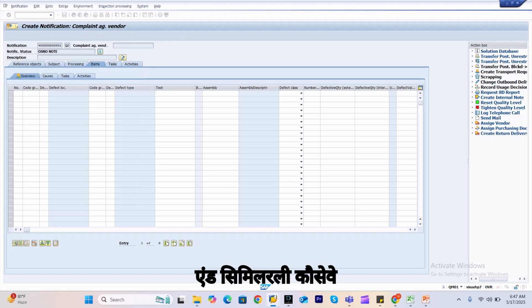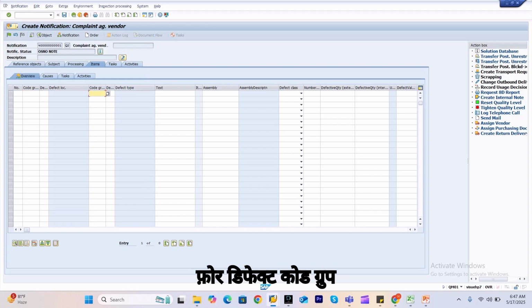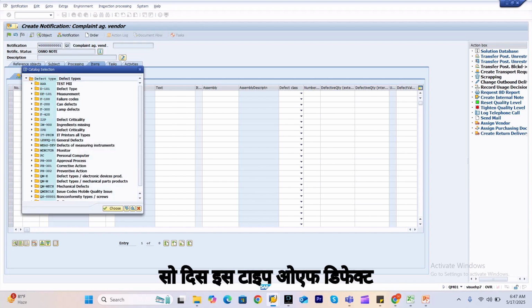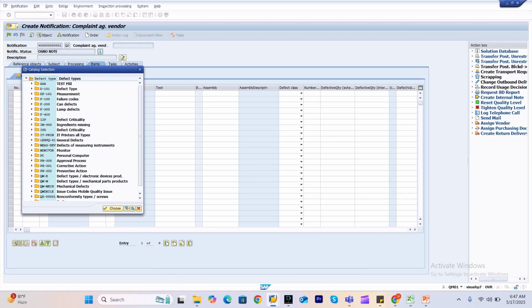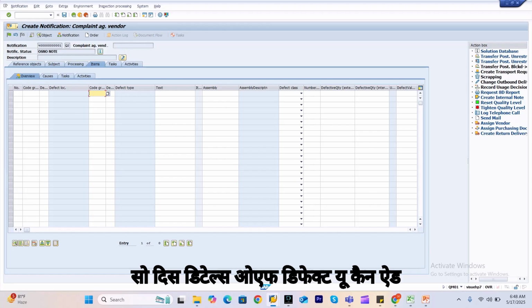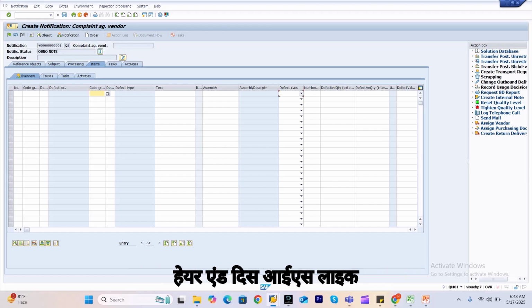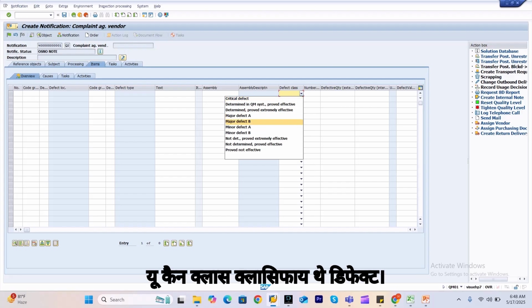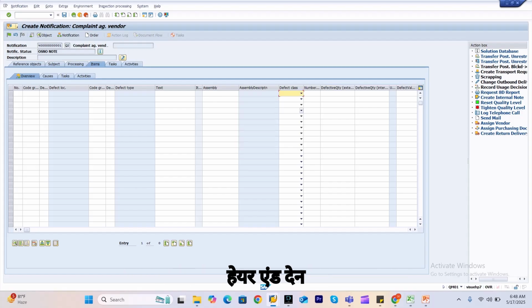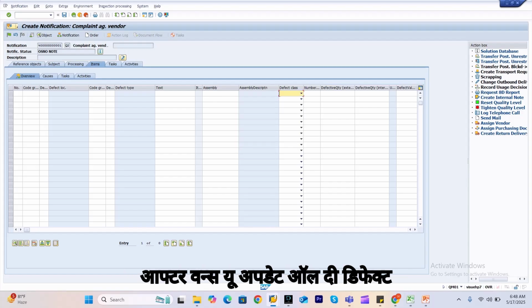And similarly, cause for defect, code group defect. This is the type of defect, what kind of defect type. So you can add these details of the defect here. And you can classify the defect, like what major defect, you can classify it here. And then once you update all the defects,